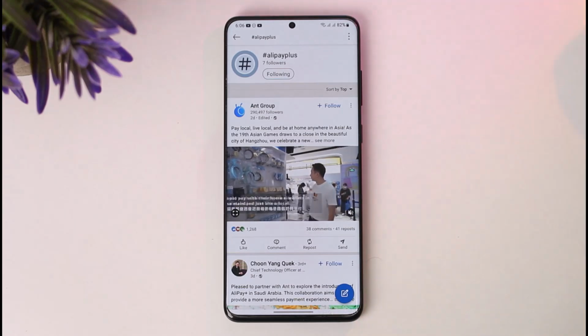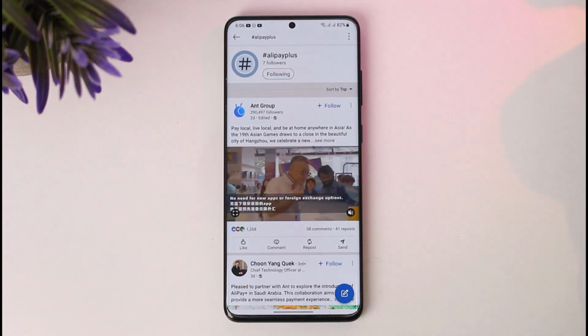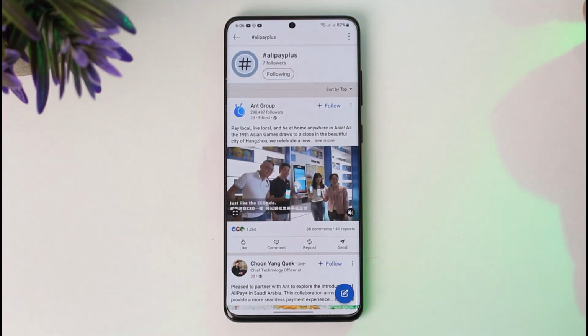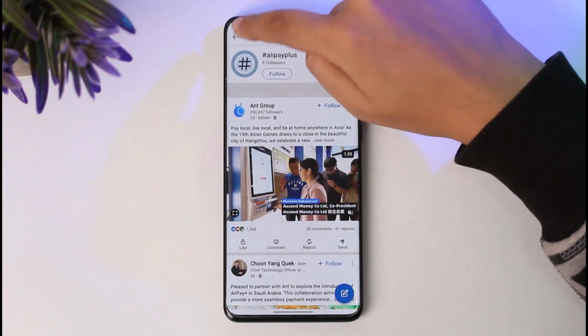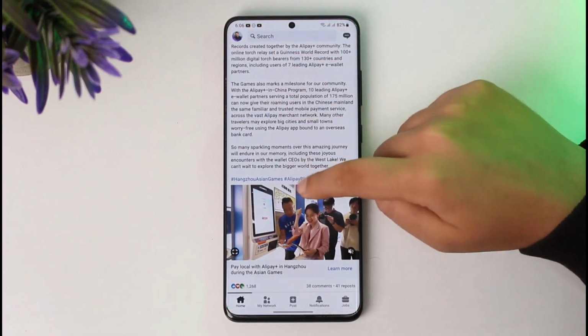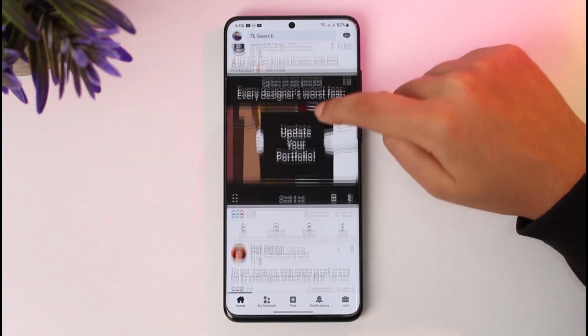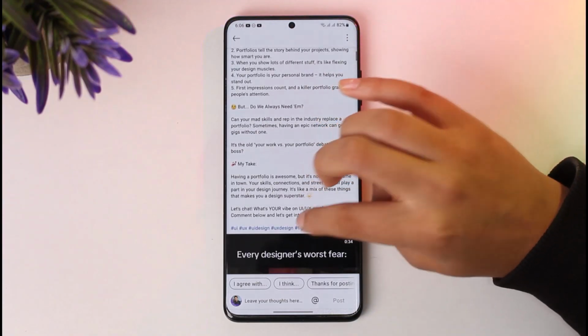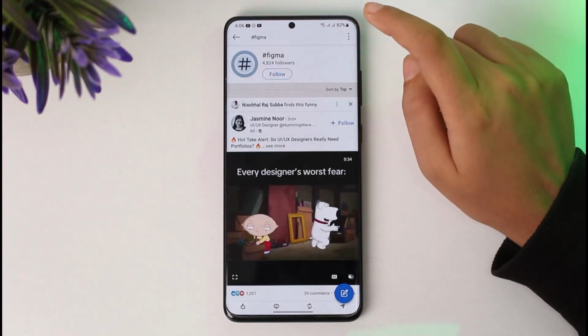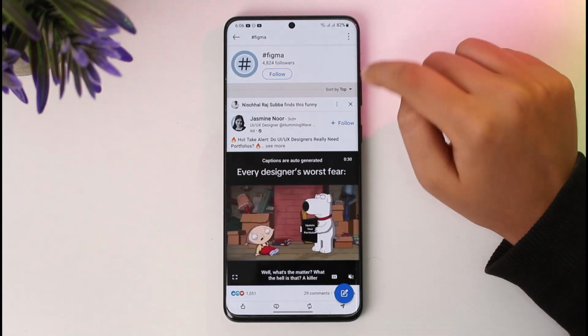So if they post anything, I'll get that post and get access to it, and get notified as well. I can choose to unfollow as well. Same goes with the other hashtags. I'll scroll down, see more, and tap on, let's say this is the one, and now I've got another page for the hashtag as well. This is the way you